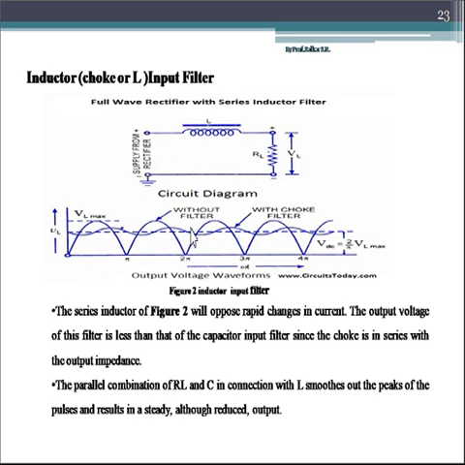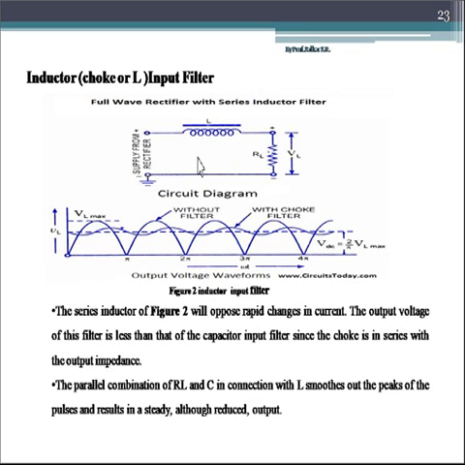So across the load RL we get this type of signal, this small waveform which you can see over here. That waveform we are getting with the choke filter, that is when we connect the inductor filter in series to the output of the rectifier, we get this type of waveform. This waveform is nearly equal to the DC signal. That is, the inductor has reduced this large waveform to this small waveform. The AC signal, which was too large at the output of the rectifier, is now reduced to a very small signal by using the series inductor filter.